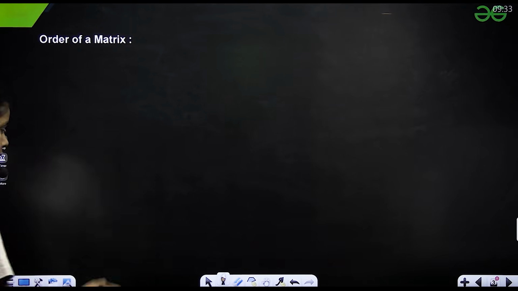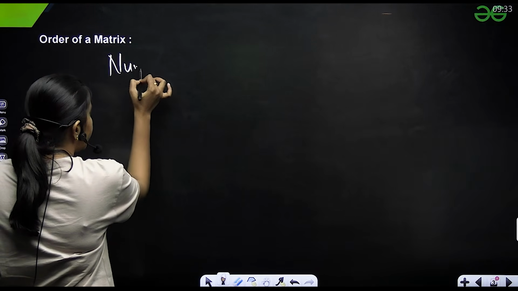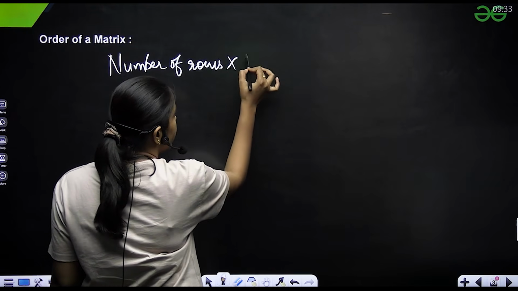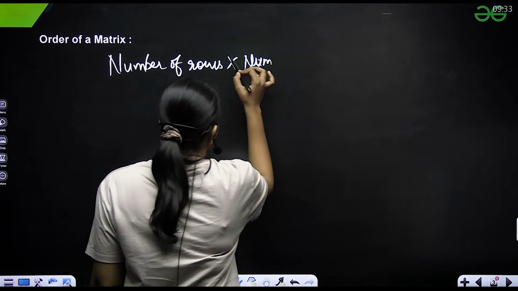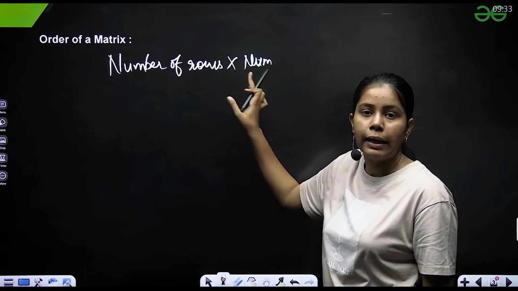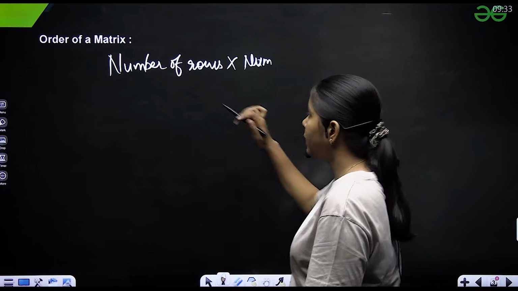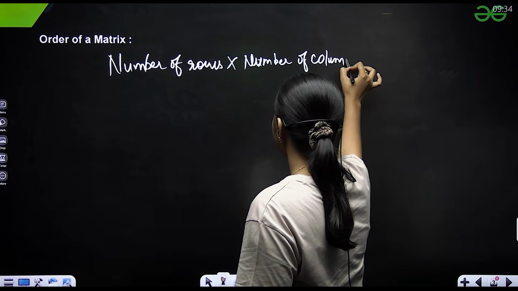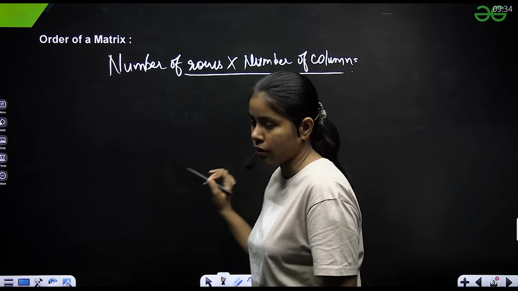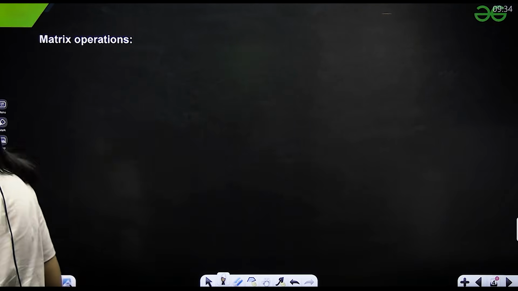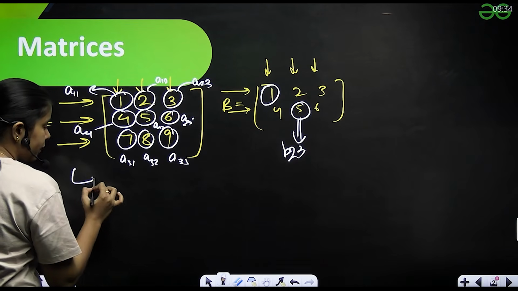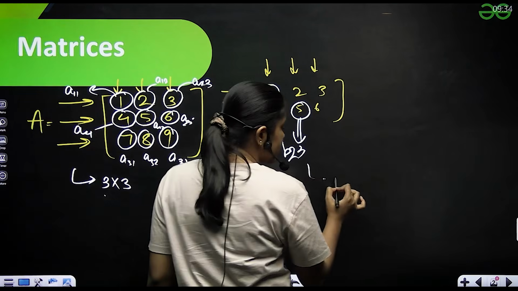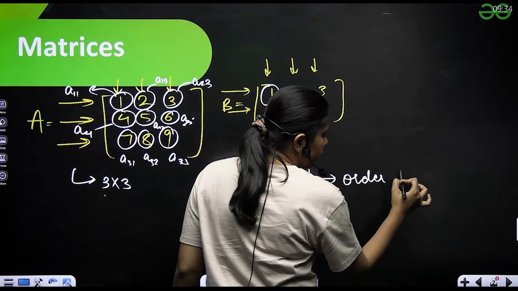What is the order of a matrix? The order of a matrix is the number of rows cross number of columns. This is not a multiplication sign, it is just a cross sign, right? That is our representation. So what is the order of this matrix A? The order of matrix A is 3 cross 3, right? 3 rows, 3 columns. Similarly, for this other matrix we have 2 rows and 3 columns,